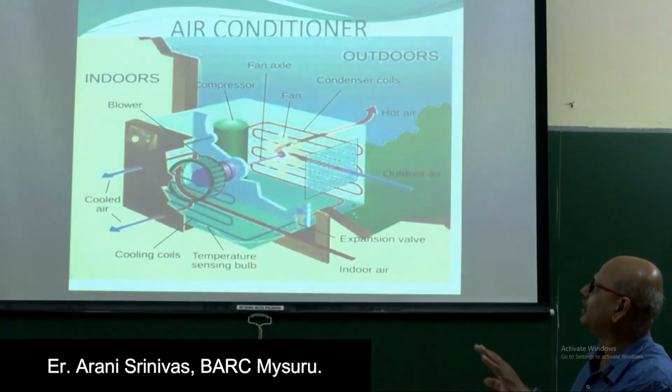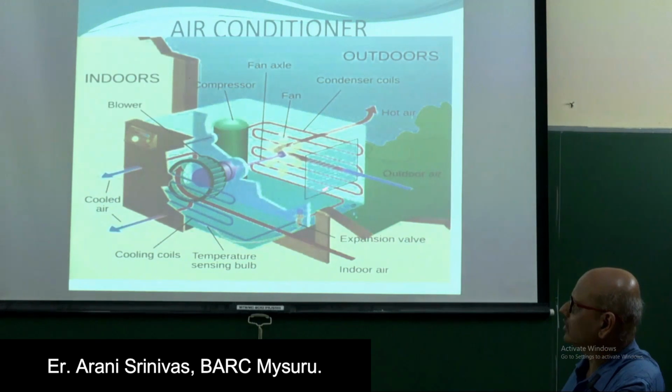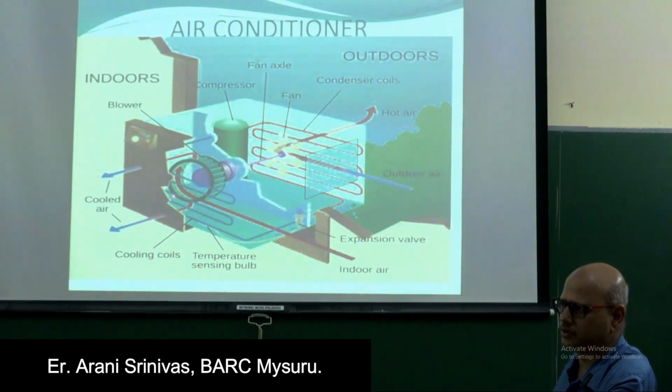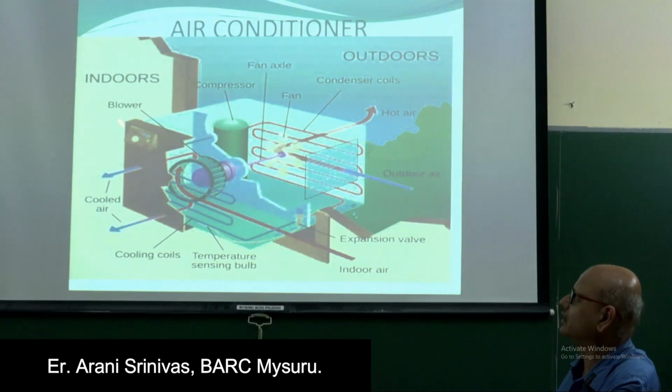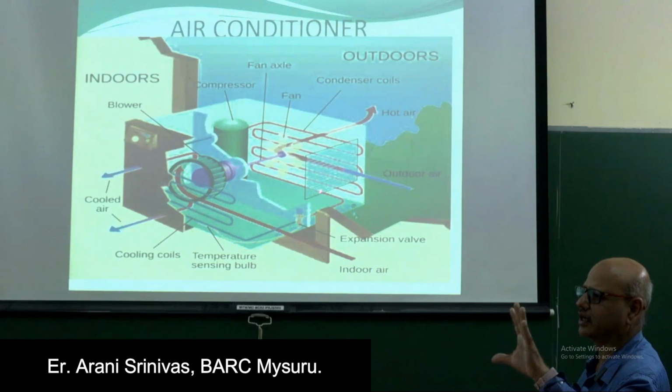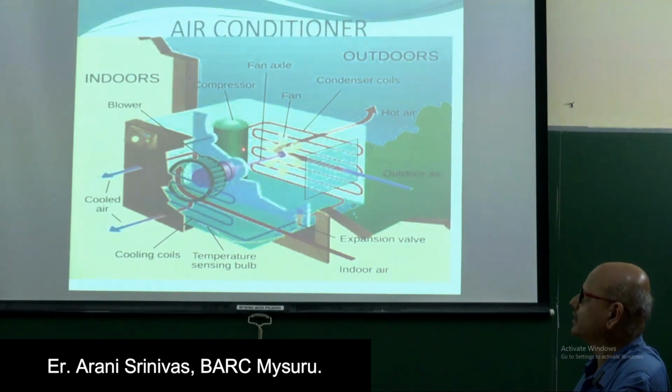So this is a typical air conditioner. This is called a window air conditioner. This is now almost outdated. Nobody is using this. These were in the 80s. These compressors were there. We call these air conditioners window air conditioners because they were fixed on a window, and both the compressor in this